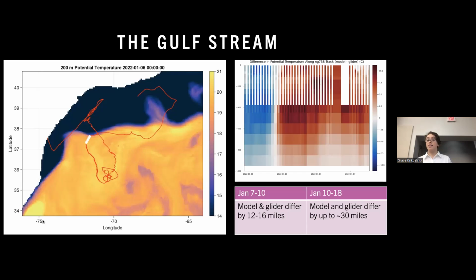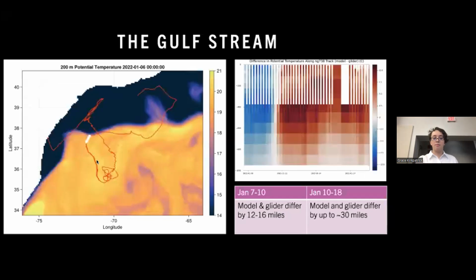Since one way to define the Gulf Stream is as the area in the ocean where the 200-meter temperature exceeds 15 degrees Celsius, I've set up the color bar so that the distinction between temperatures characteristic of the Gulf Stream and those that aren't are pretty visually distinct. On the right top, we have a zoomed-in segment of the NG738 difference graph from the previous slide for easy reference. As we play the animation,